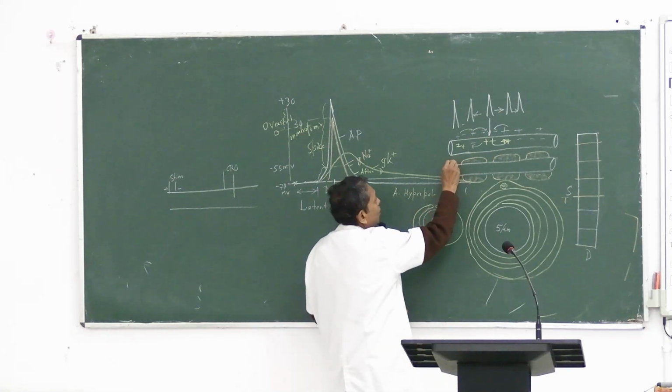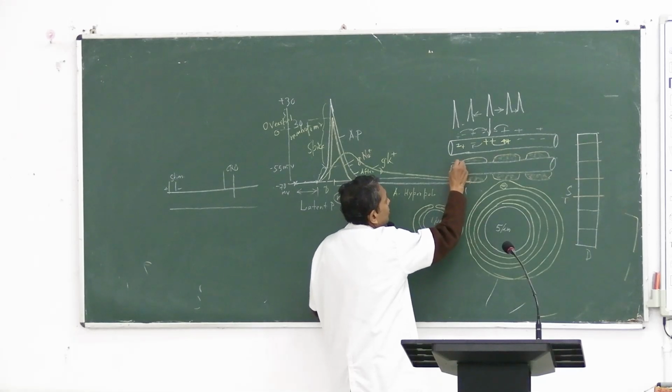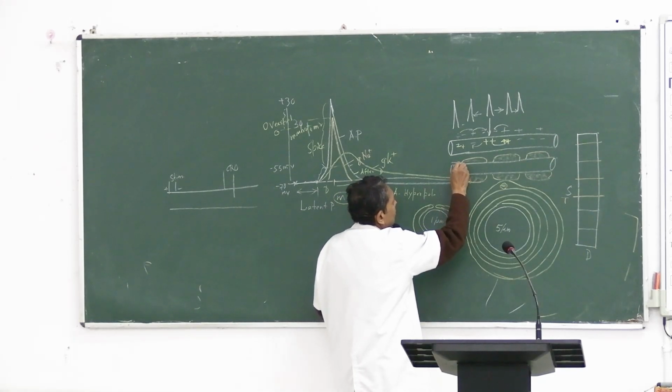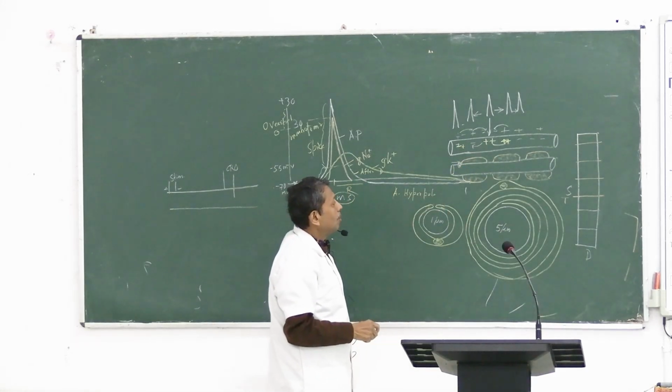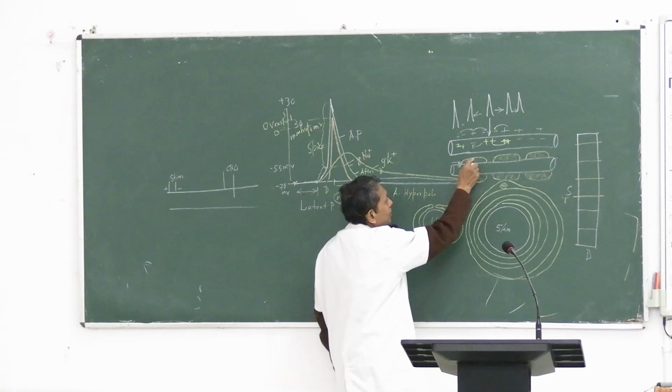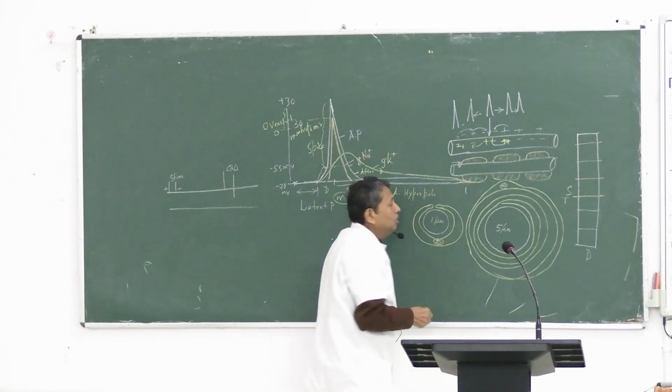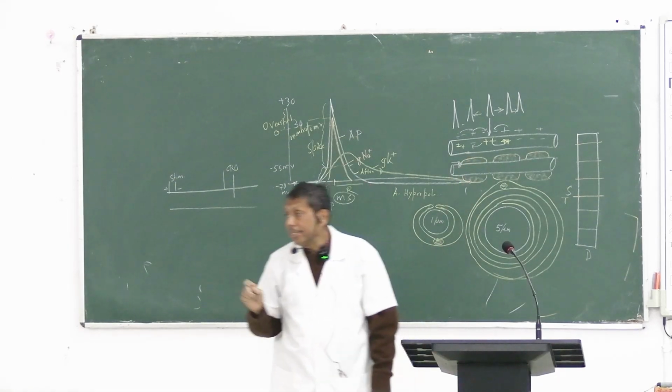So whenever the action potential is progressing, suppose you take the case, the action potential is progressing, and what occurs? Then it is the insulator. It is the insulator,